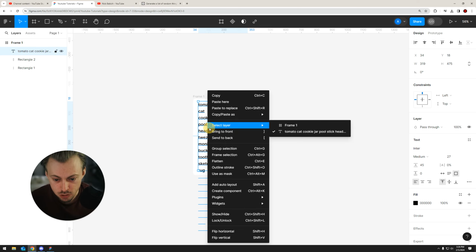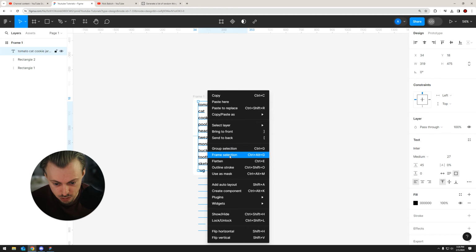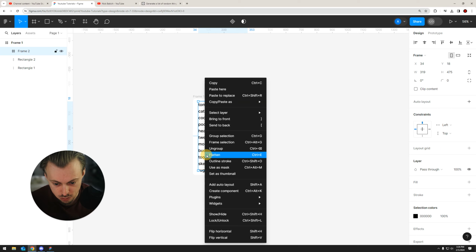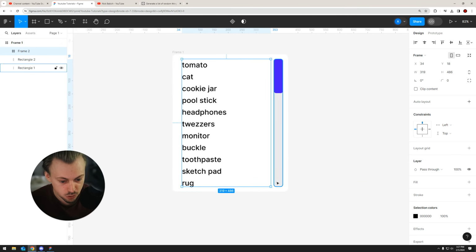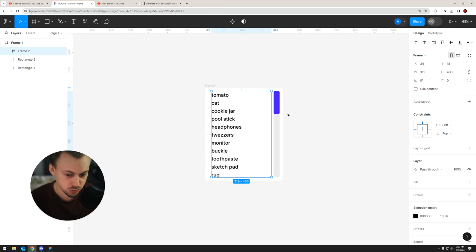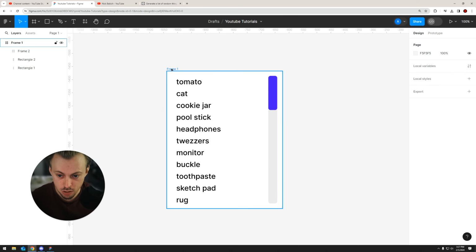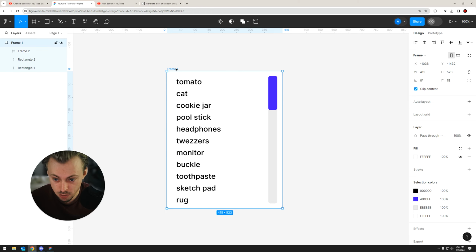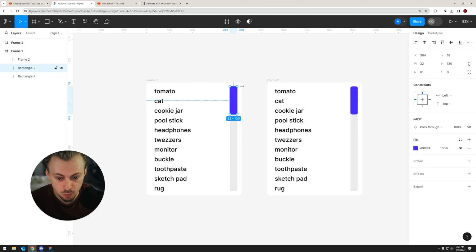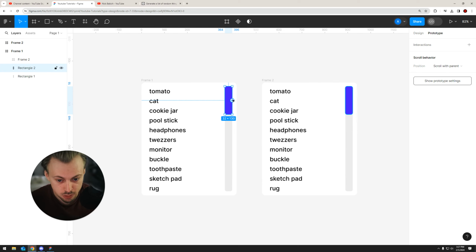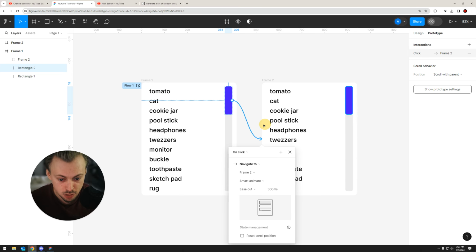Now, right click this one, make it frame selection, right? And then just make sure it's this width, right? It doesn't overflow the scroll bar. Now, right click, click on the frame, copy paste it, or just hit Ctrl D to duplicate it, like this. Okay, now we're gonna go to prototype, drag from this scroll bar to the second frame, and then